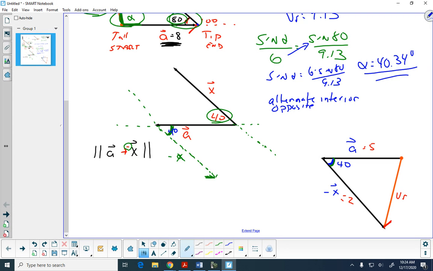So we have a length of 2, a length of 5. I want to find VR, and I know my angle is 40 degrees. So if you have not done it, set yourself up a law of cosines equation to solve for VR. Law of cosines equation to set up for VR. And once again, don't wait till I write it down. Look at your triangle. Throw in your values. Once again, you've had enough experience with the law of cosines equation. You should be able to throw your values in there. VR squared equals